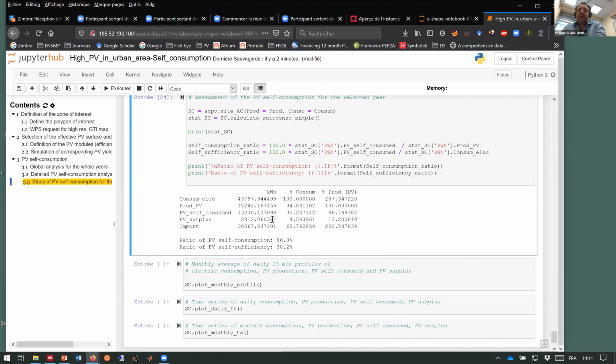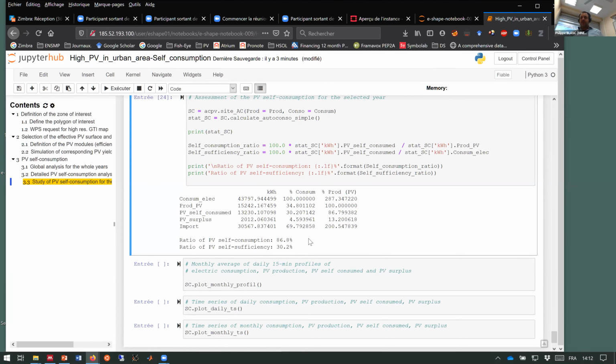I have a surplus here of 2 megawatt hours, and I have to import 30 megawatt hours from the grid. So we can see here the ratio of self-consumption is 87%, and the ratio of PV self-sufficiency is